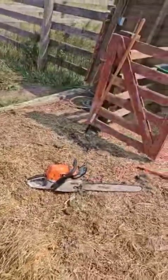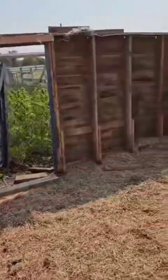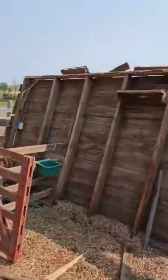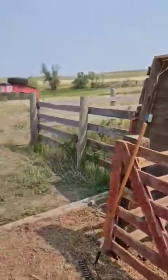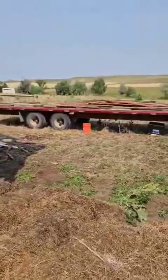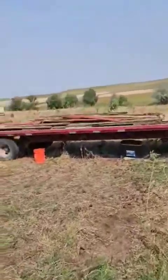Alright, so full transparency, my idea did not work. The outside boards are just too loose. The inside boards are a little bit rotten around the nails. So it does not work just to throw the whole wall on there, though I can move it easily enough. But I was able to really easily just step on and lift up on the studs and get it separated, and then I just had to pick it up all by hand. There's some junk stuff, some stuff that's breaking, it's kind of rotted. Sorry about the wind again, but if you can hear me,